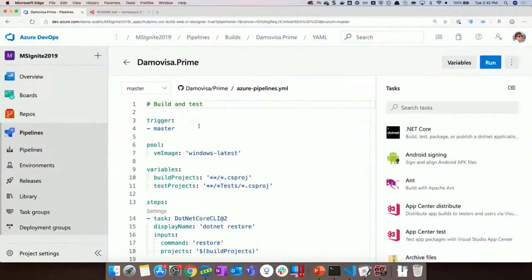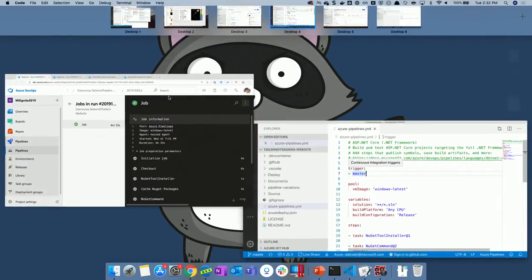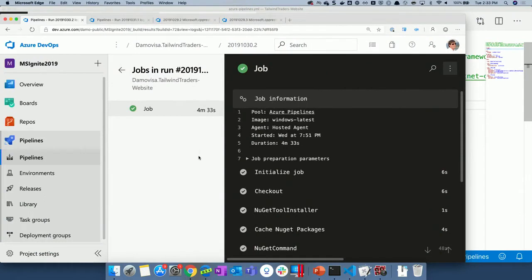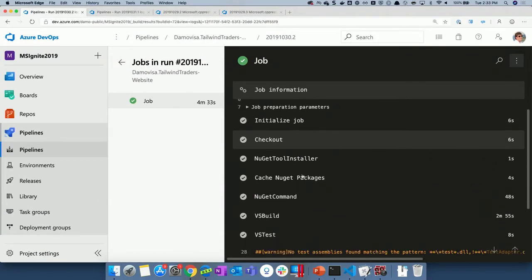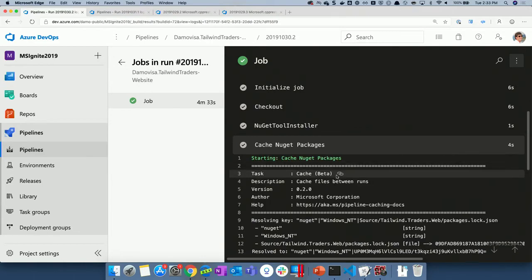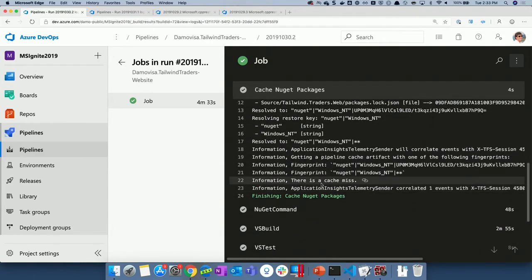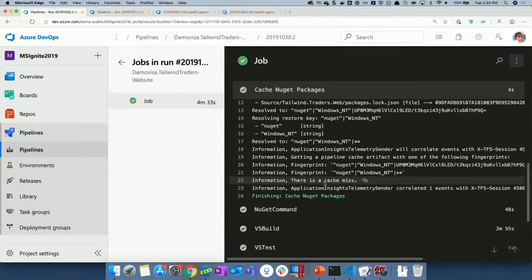So one way that it can improve things, and let's just go to here. Here's an example of it doing it in that application that we were just looking at, or a different application, sorry. So we're doing this cache NuGet packages. It's taking 4 seconds, and we can see in there we've got a cache miss. So here it's looked for that cache, couldn't find it for this application.